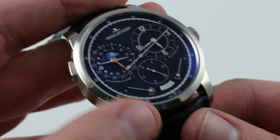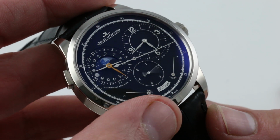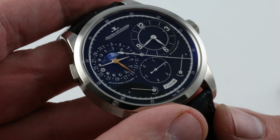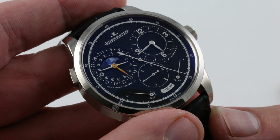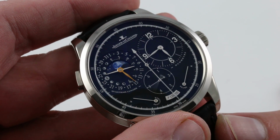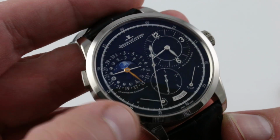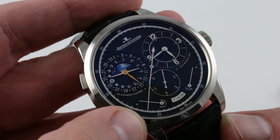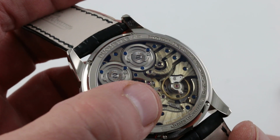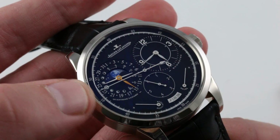It's an absolute pleasure. The dial is spectacular because, unlike my chronograph, the Foudroyant, the flying second, runs full time. You may ask, why do you need that? Because the purpose of this model, unlike the chronograph, is absolute chronometric precision at all times. The chronograph is designed to run as accurately as a chronometer even when the chronograph is running. This one optimizes its precision at all times by using one of the barrels to run the balance, and only the balance, and the other barrel to run the time as well as the display of the moon phase and